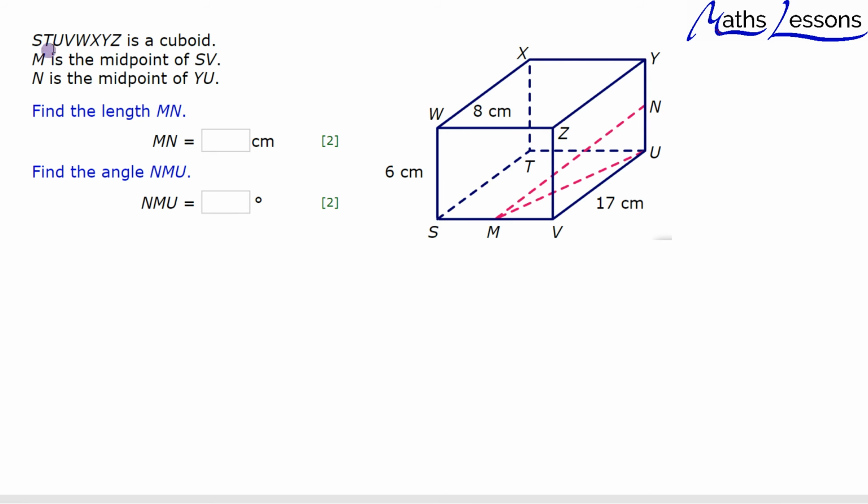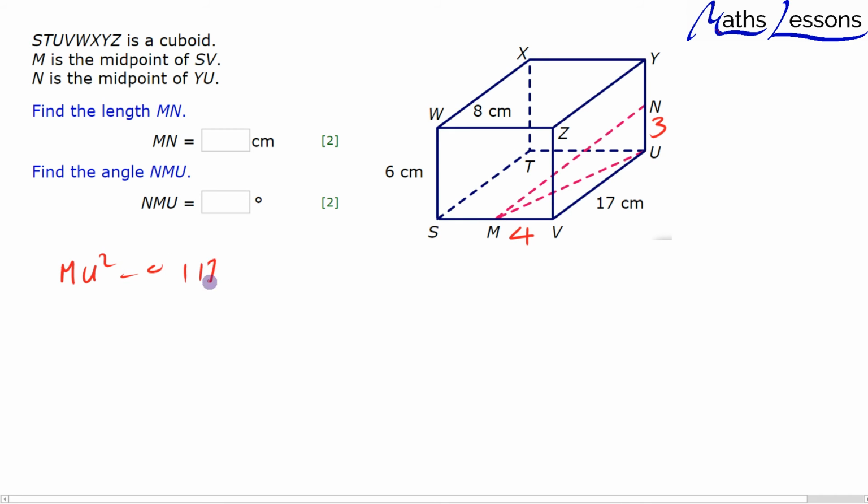Okay, so we've got STUV's cuboid. We know that M is a midpoint here and N is a midpoint here. So if this side is the same as this side, which is 8, that distance MV is going to be 4. And this distance here from N to U is going to be half of this 6, which is 3, because all these heights are going to be 6. And we want to find the length of MN. Well, first of all, we need to find the length of MU here, because then we can use Pythagoras with NU to find it. So we find the length of MU by doing MU squared will equal 4 squared